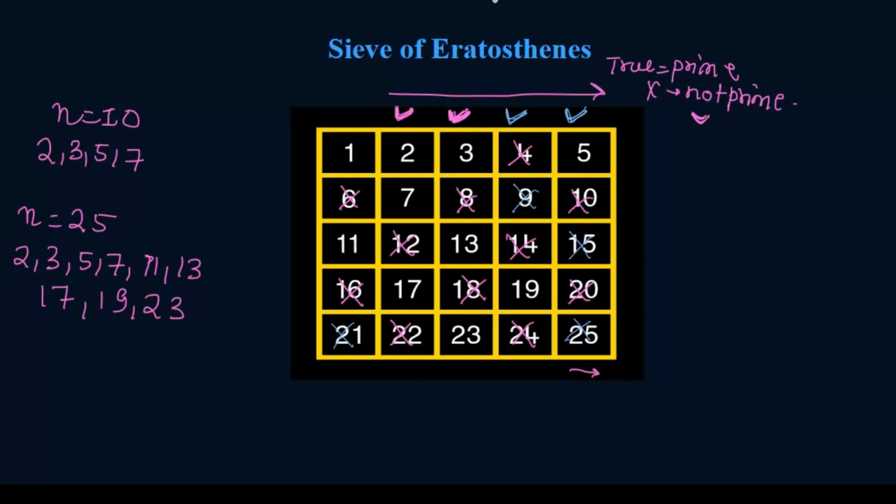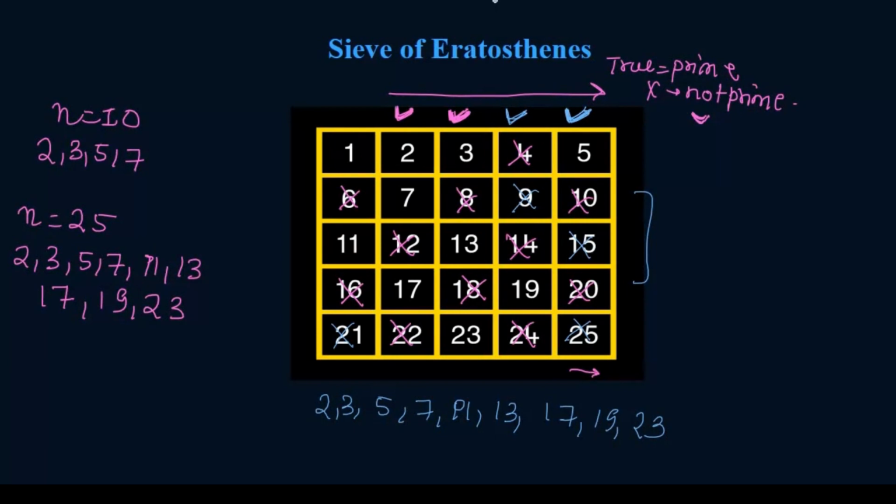Okay. Now at the point of 5, with the iterator at 5, we can see all the prime numbers up to 25 in the black box. In that box we can see the first prime number is 2, the second prime number is 3, third 5, then 7, then 11, then 13, 17, 19 and 23. So these are all the prime numbers that are empty in that black box. Okay. So we move the iterator up to 5.